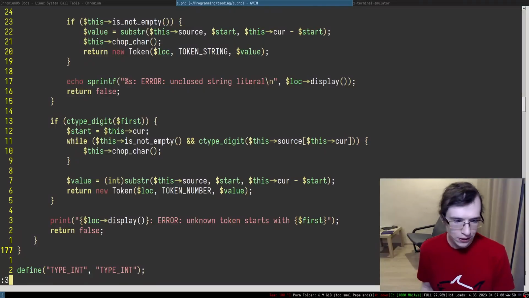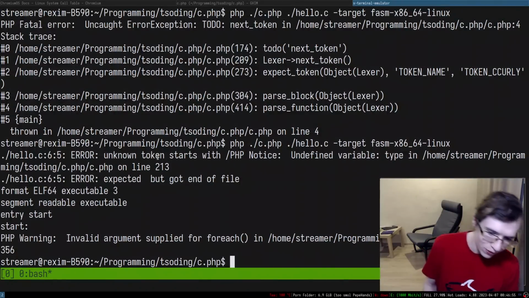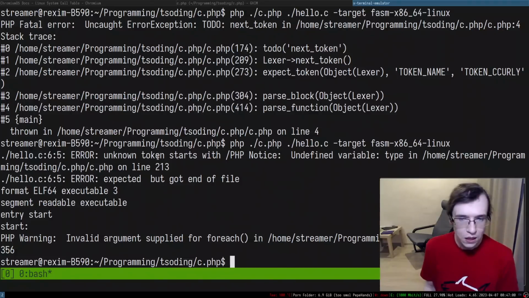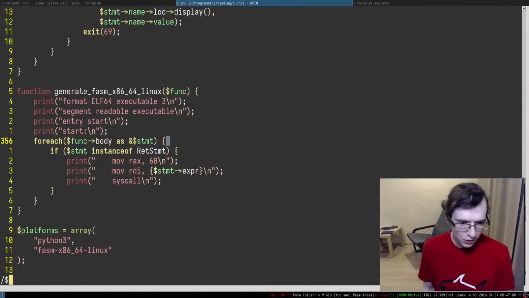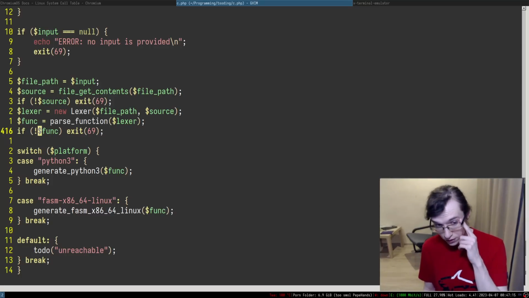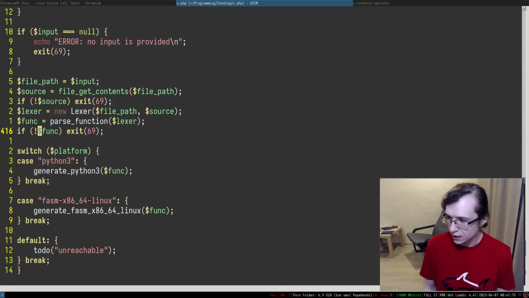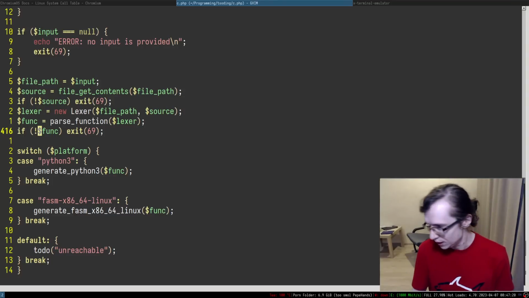At line 356, I'm not sure what exactly is wrong in the foreach. Invalid argument supplied. Oh yeah, I see. Is that because the func was not properly... Dude, if func was false, it's supposed to exit with 69, but it didn't do that.